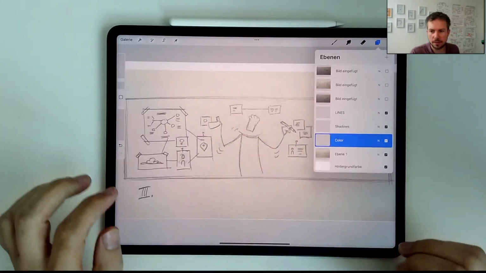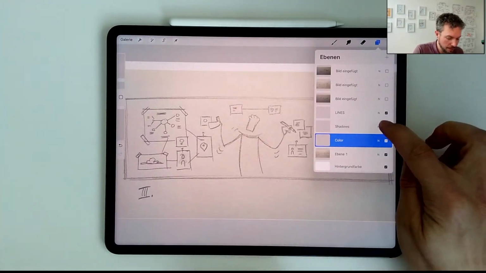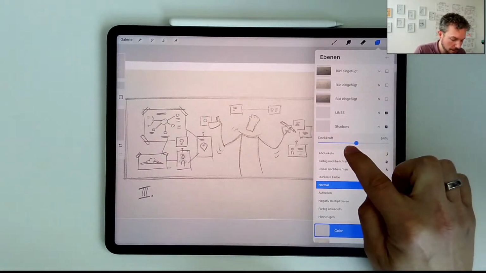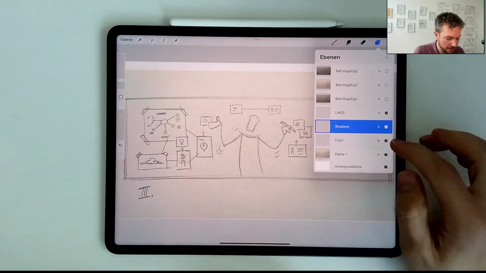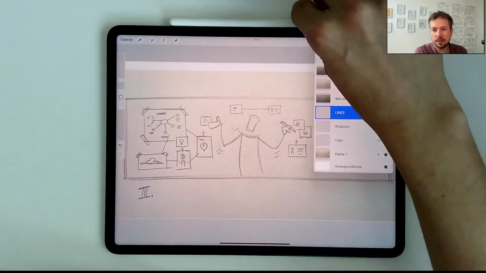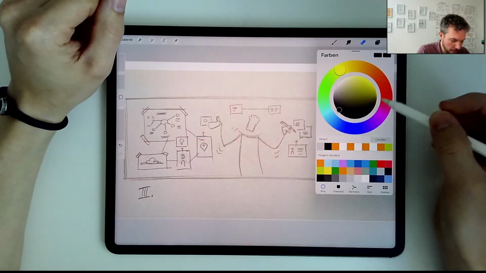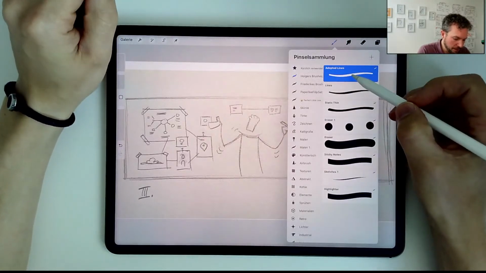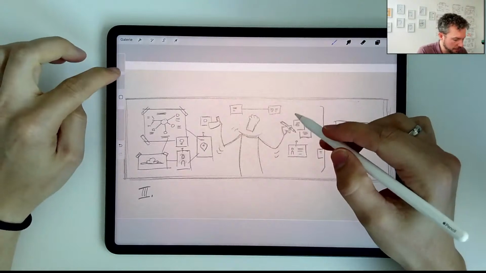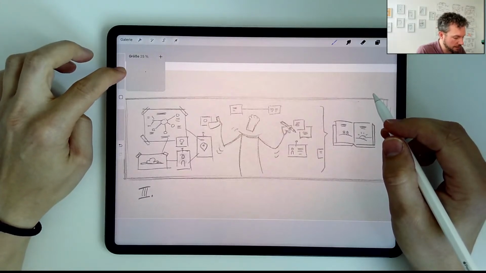So I always work with these 3 layers, and it's basically always the same. For the shadows I change the opacity, in German it's Deckkraft, to 50%, so I have a nice shadow effect. I would start on the line layer. With the lines, I choose a black, or close to black. Sometimes it's not a pure black, it's somehow like a 95% black. I like that more. I have a line brush here, and I will have to adjust the size a bit to see what fits well for this type of illustration. I guess it's somewhat 25%,